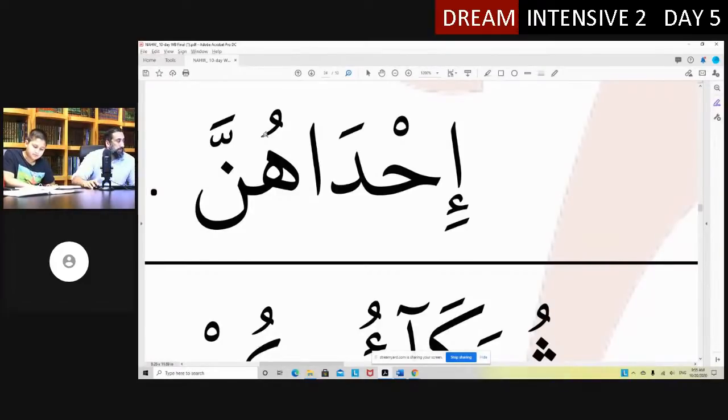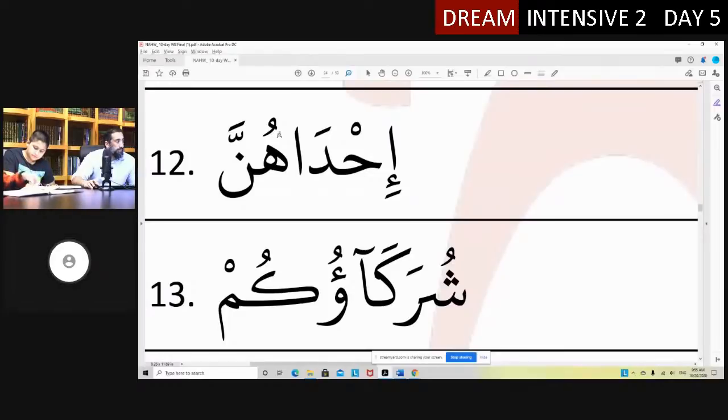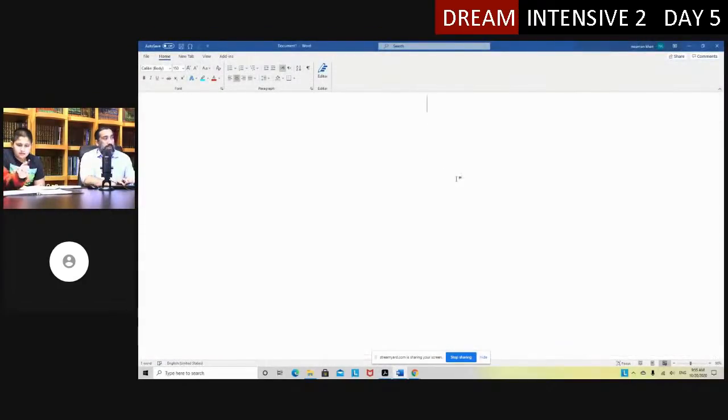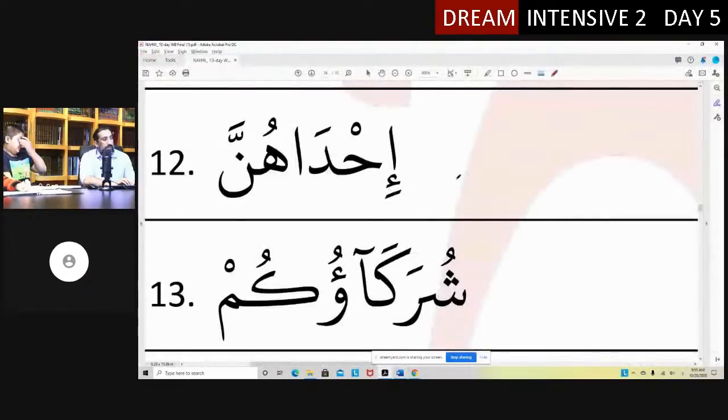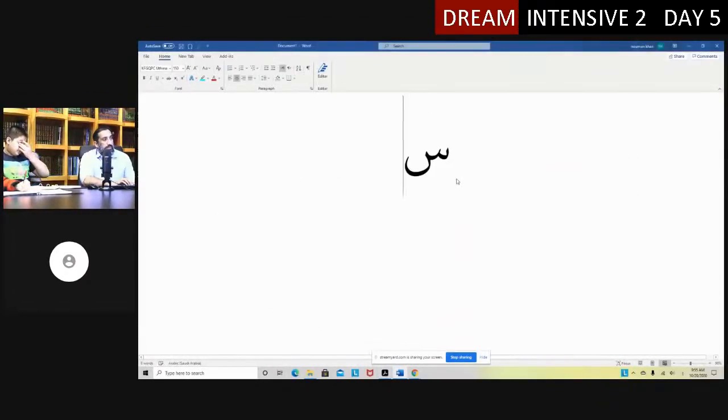Other questions? Somebody asked, how can we tell the difference between independent and attached pronouns, and how do we know when it's a part of a word or when it's a pronoun? Well, you memorized them, so you should be able to recognize them. Now, the problem is this, guys. If I say the word kitab, what's the last letter? Ba, right? And I can attach a hu or a ha or a na or whatever. But if I say du'a, du'aun, right? So du'auka,